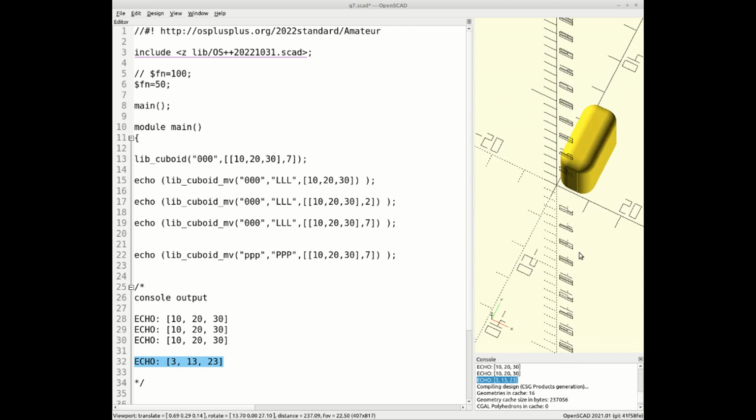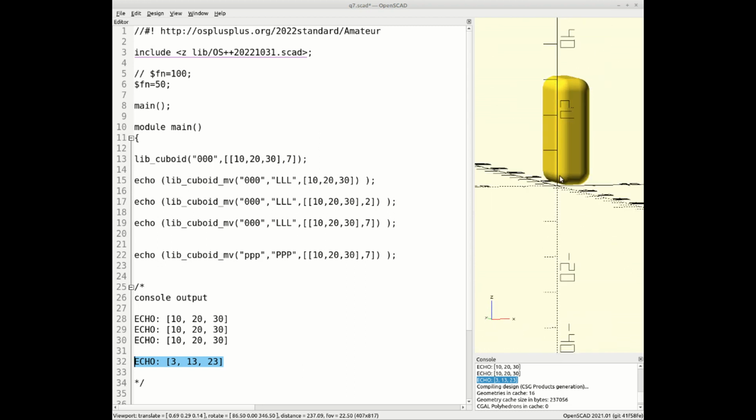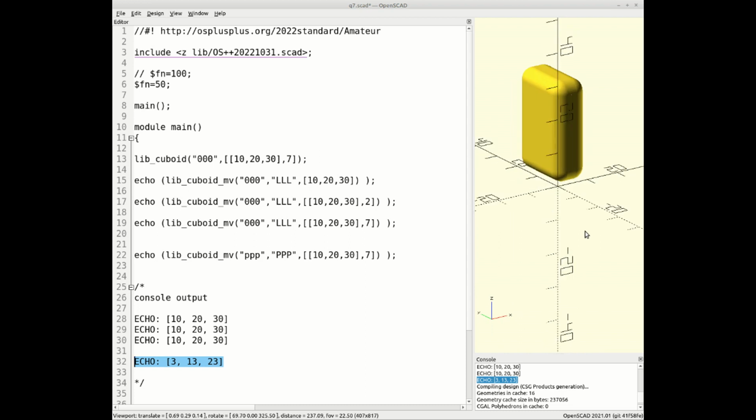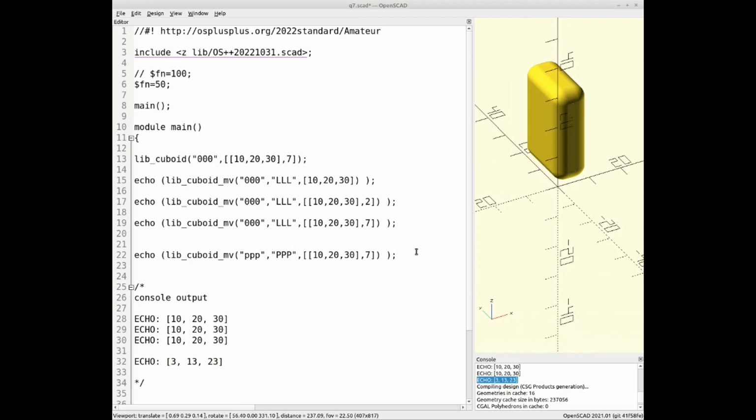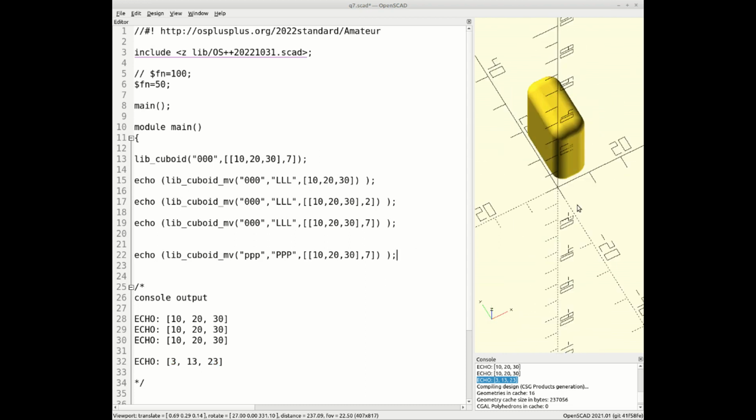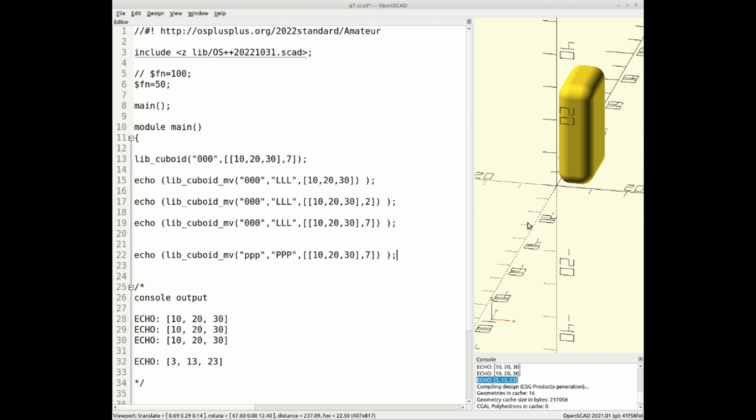And that gives you a different number. And that's useful if you want to add objects, which I do later. So, in summary, the cuboid, when you're talking about the grid, is X, Y, Z,